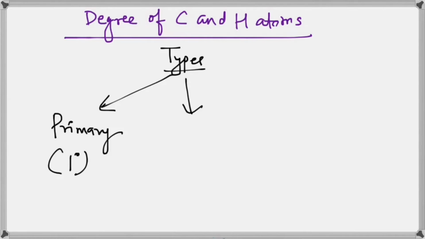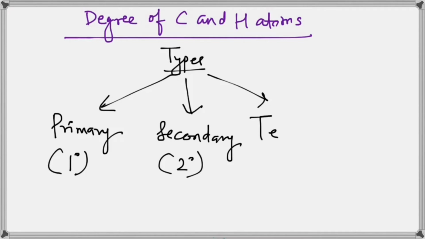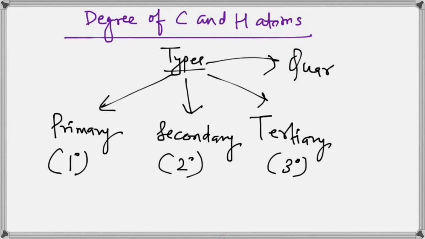The second type is called secondary or 2 degree. Then we have tertiary carbon or 3 degree, and finally we have quaternary carbon or 4 degree carbon. The way that we decide the type of carbon atom is based on the number of other carbon atoms attached. For example, let us take this compound